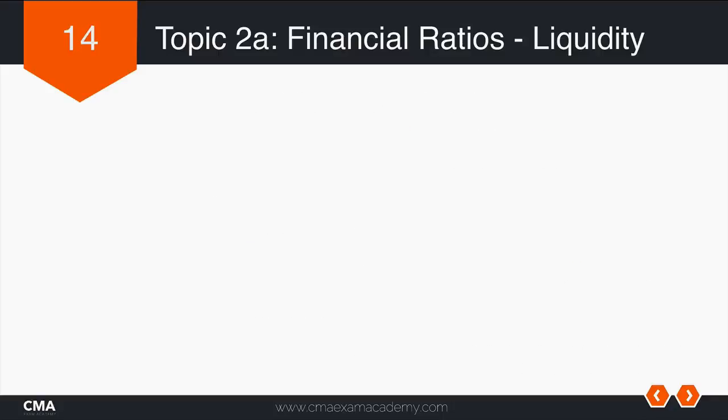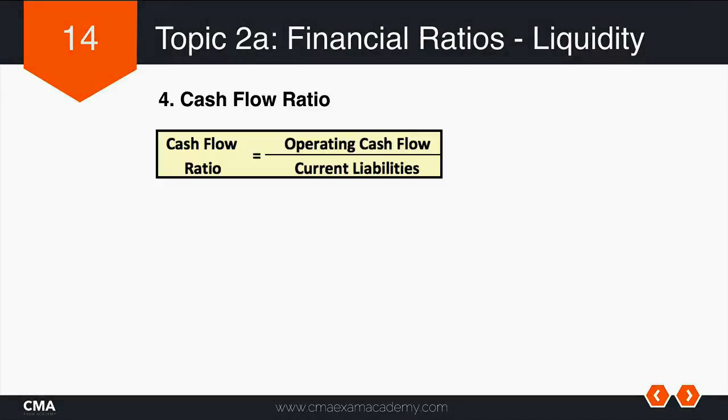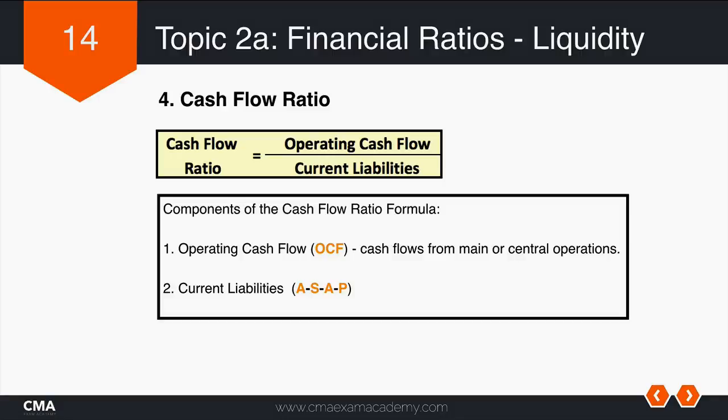The fourth type of liquidity ratio is the cash flow ratio. To compute for the cash flow ratio, we just need to divide the company's operating cash flow over current liabilities. This ratio measures the availability of net cash provided by operating activities to settle current obligations. Unlike the current ratio, quick ratio, and cash ratio, the numerator of the cash flow ratio cannot be extracted from